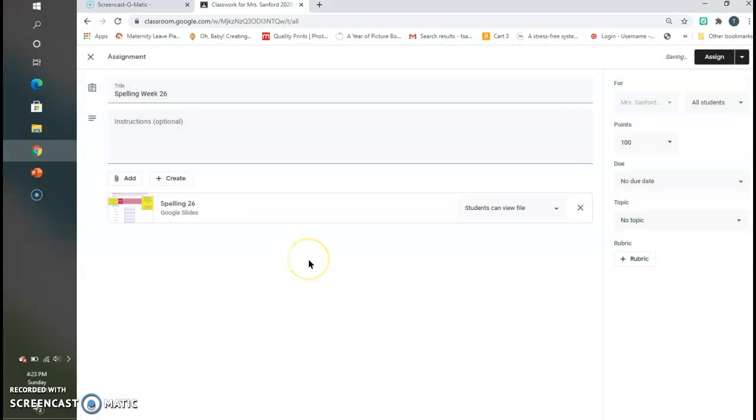And one thing that's really helpful here to note, and just to make sure you do this, if you attach this incorrectly, students may not be able to see it or use it the way that you want. So you want to make sure that instead of viewing it, they have access to edit it, and that they can do that without having any problems. So we don't actually want to select the one that says can edit. We actually just want to make a copy for each student. So each student will have their very own copy of this in their file system on their Google account. So we will make a copy for each student. So we use these